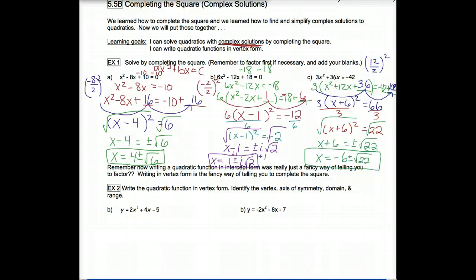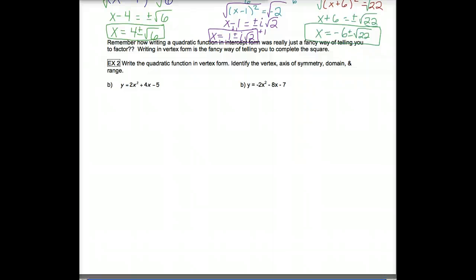All right. So our second learning goal today is to be able to write quadratic functions in vertex form. Several lessons ago, we had problems on your classwork that asked you to write a quadratic function in intercept form. So it started out looking like standard form, and you had to write it in intercept form. And I told you that that's just a fancy way of telling you to factor. Asking you to write something in vertex form is the fancy way of telling you to complete the square,